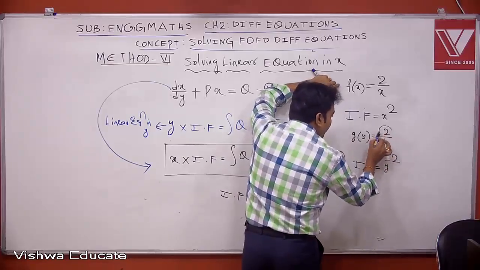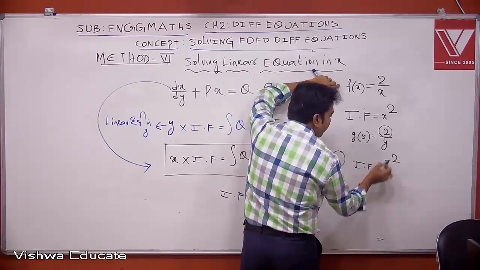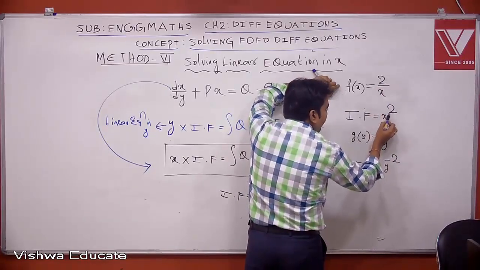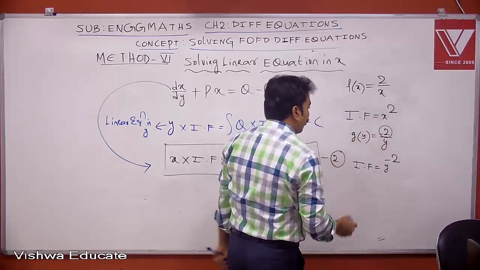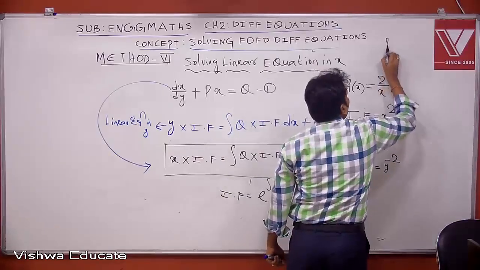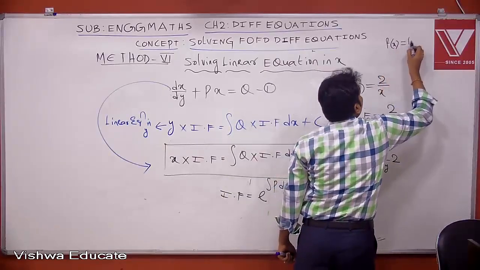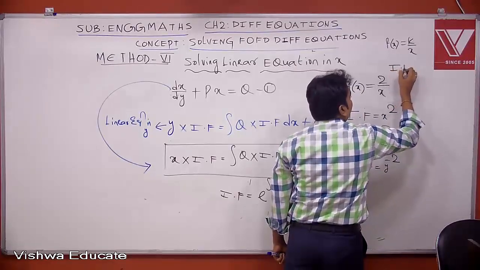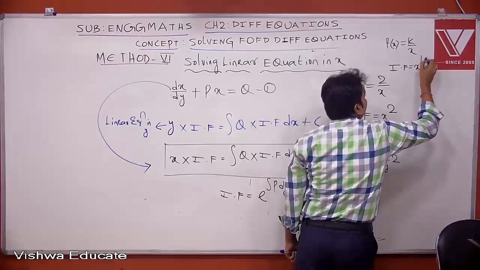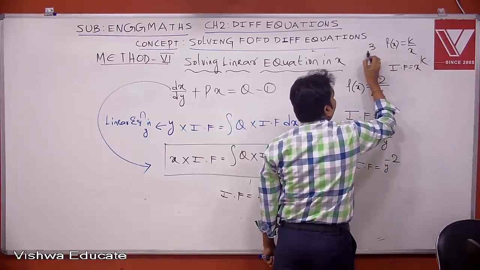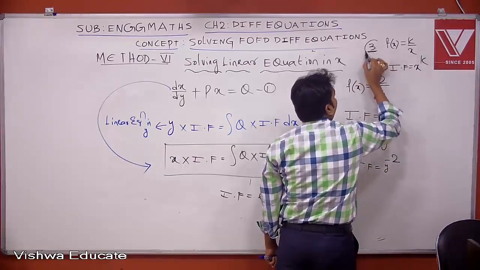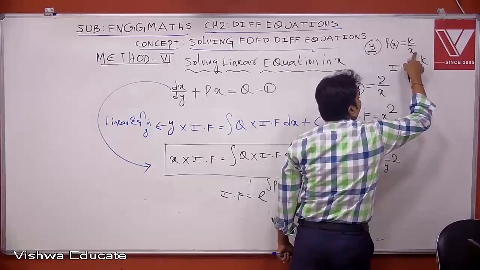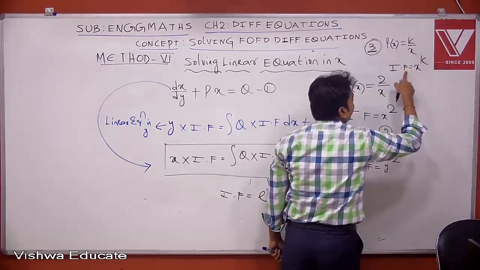So this constant is appearing as power of y and this constant is appearing as power of x. Therefore, whenever f of x equal to k by x for some constant k, then my integrating factor is x power k. So that means it belongs to case 3 of non-exact model. So whenever you have f of x equal to k by x for some constant k, then the integrating factor is x